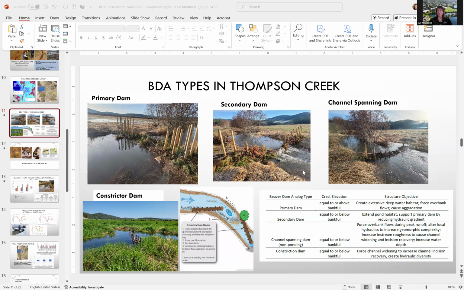And Newman Lake, right downstream, has a significant phosphorus problem with respect to toxic algae and algae blooms that happen. This Thompson Creek that's going into the lake provides 46% of the phosphorus going into the lake. Our goal with these beaver dam analogs is to attempt to address this. The creek has been straightened and incised, so we put them in to create speed bumps, to create ponding, to trap sediment and phosphorus that's attached to that sediment,